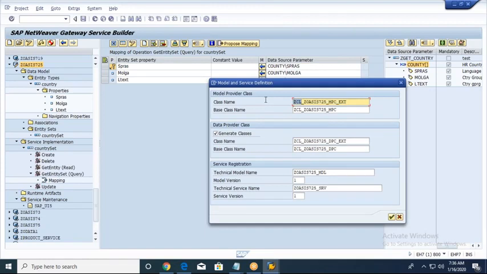You can see the prefix ZCL means it's a class, and we have the project name in the middle, and model provider class as a suffix, and model provider class extension, data provider class extension. This is the model name, this is the service name. Once you press enter,